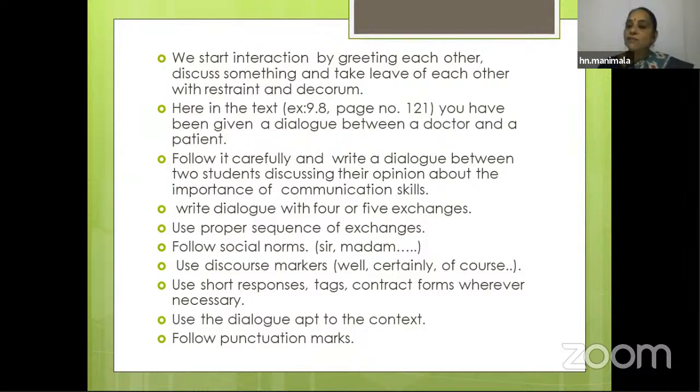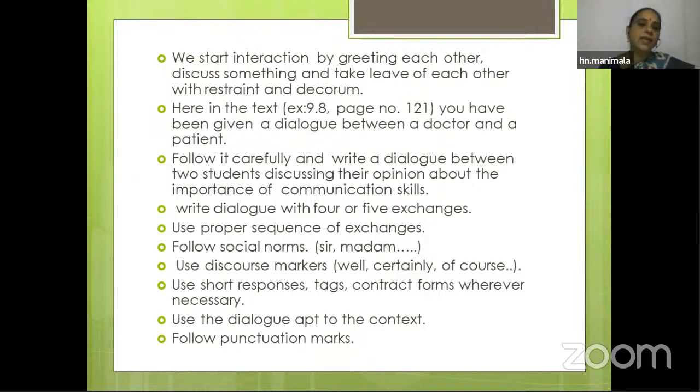Or otherwise, what's going on in class, something like, Rupa, you are very good at communicating, you are daring enough to speak to anyone, why not, I may say. Then they will say that is because I am talking to everyone, you can also do the same. Like this you can suggest, that is your option, you can choose any of the situations. You have to imagine one situation where you will talk about the importance of communication skills, and write the dialogue.